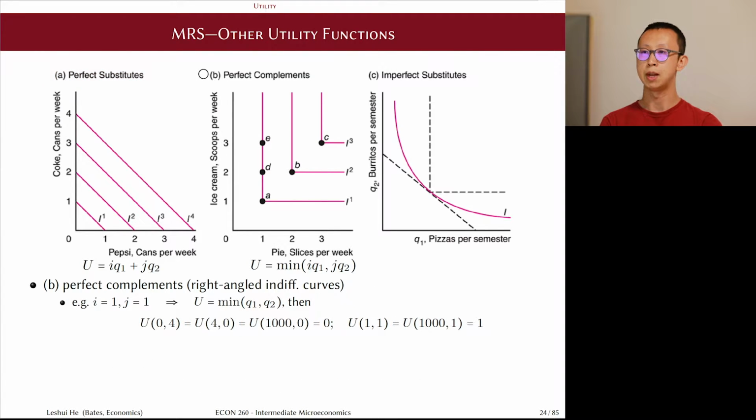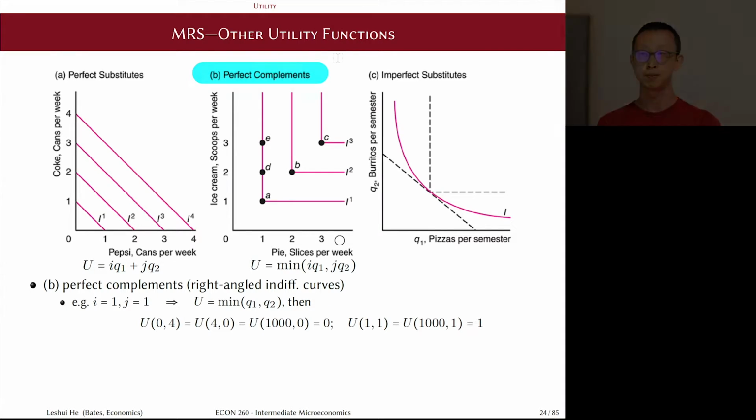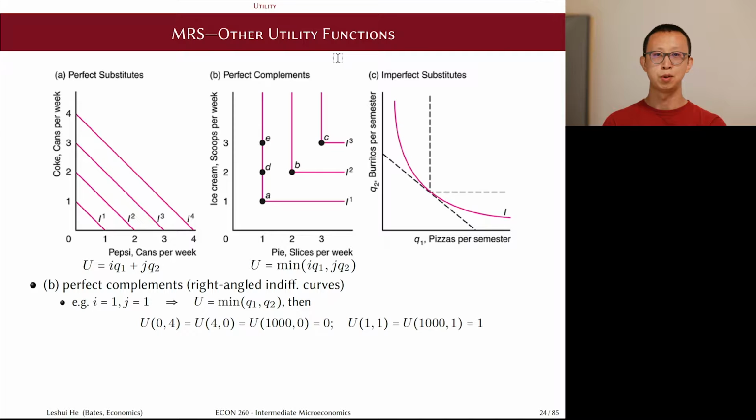And this is our panel B here, which we'll call perfect complements. You will notice that these indifference curves are perfectly angled at 90 degrees. So they all look like elbows that are bent in this way and pointing towards the origin. To see how these elbow-looking indifference curves correspond to the notion of perfect complements, let's focus on this particular indifference